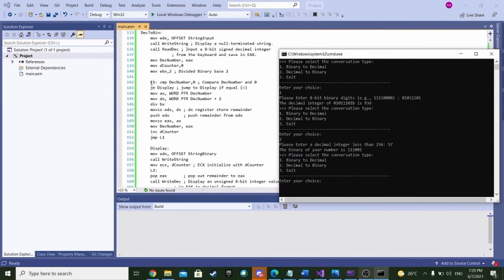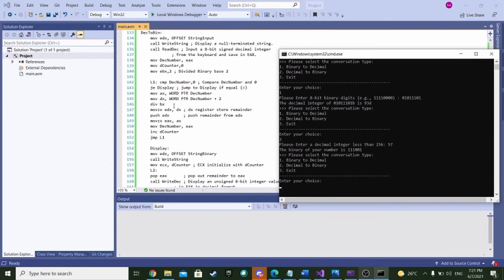Then we go on to the L1, where we compare decimal number with 0. If equal, we go to the display part. If not, then we move the first word of decimal number to AX, and move the second word of this number to DX,